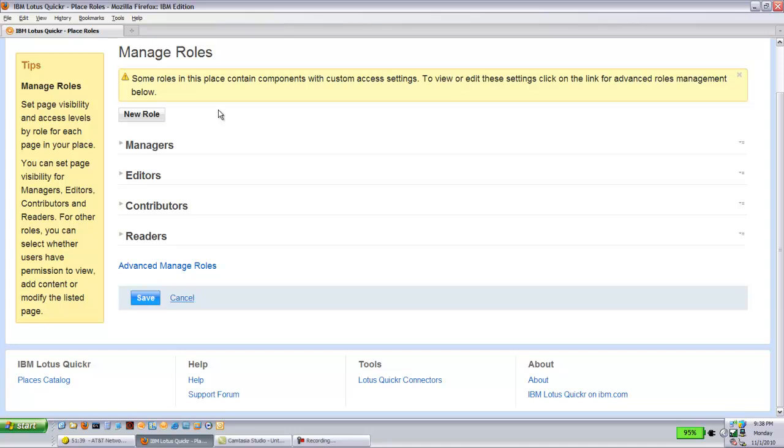Readers, which is the default for anyone that joins, whether from the public or private, they can view content and read content, but they cannot contribute or edit any content. Contributors can actually add content and can edit their own content, but they can't edit or delete any content from anyone else. Editors, they can actually not only create their own content, but they can also